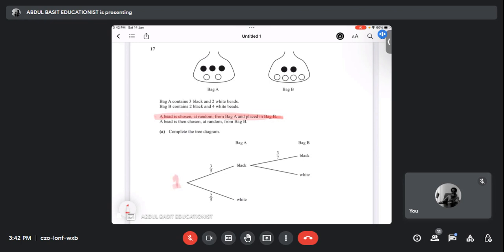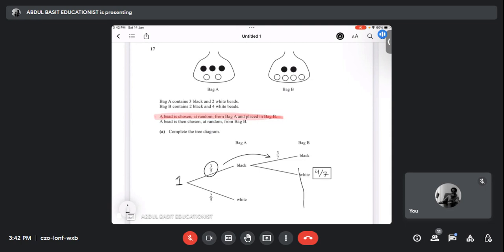Total probability is 1. We know this already. Now you picked a black bead. आपने अब बैग से बीड निकाला है और वो ब्लैक आया है, और जब वो ब्लैक आपने सेकंड बैग में डाला, तो अब वहां पर 3 ब्लैक्स हो चुके हैं आउट ऑफ 7। इज दिस क्लियर? यस सर। ओके, लेकिन व्हाइट रिमेन्स द सेम, बिकॉज व्हाइट के अंदर कोई चेंज नहीं आया, 4 आउट ऑफ 7।